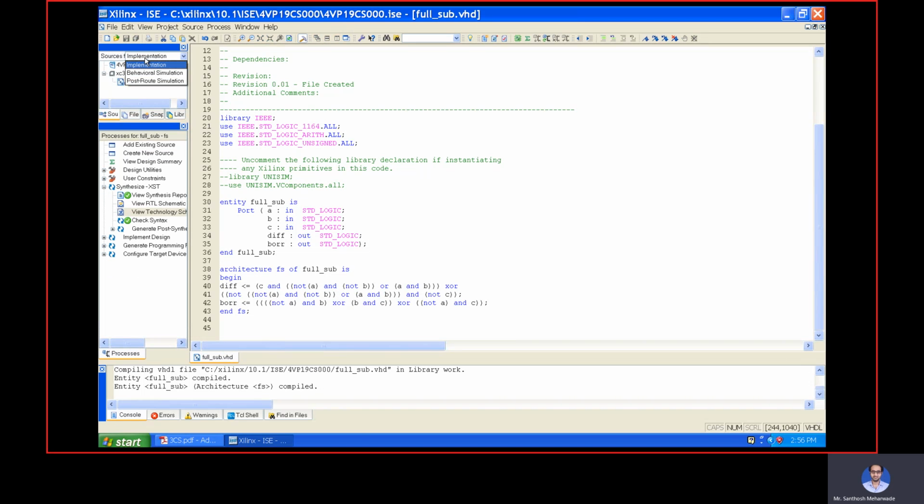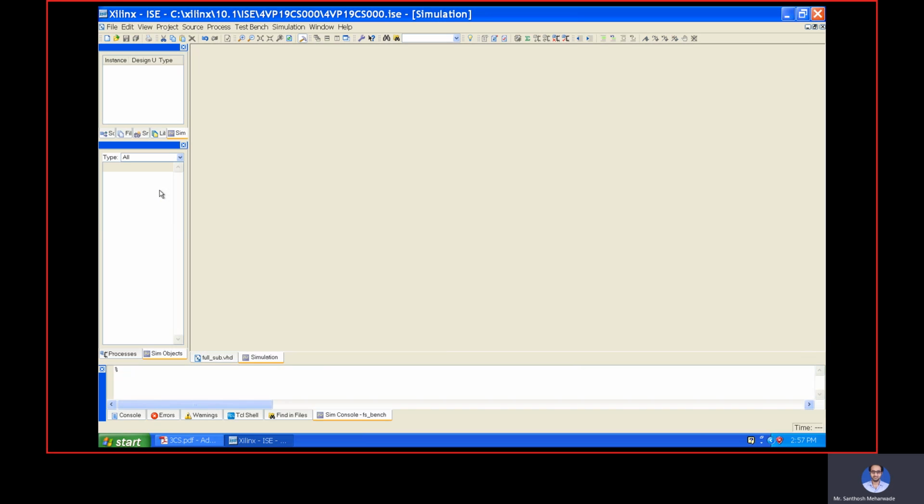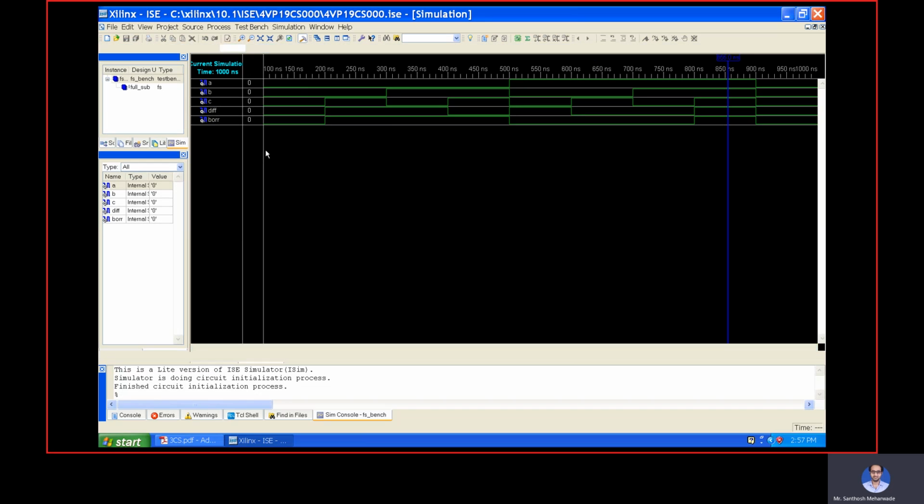Then next go to the behavioral simulation. Here is my full subtractor underscore bench, then Xilinx software. Within that, double click on the simulate behavioral. And you can see the output now. That is 0, 0, 0 means all are 0.